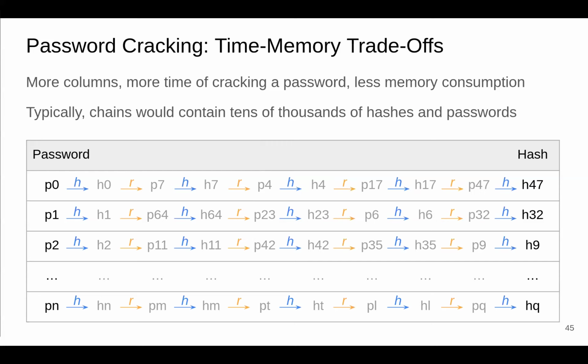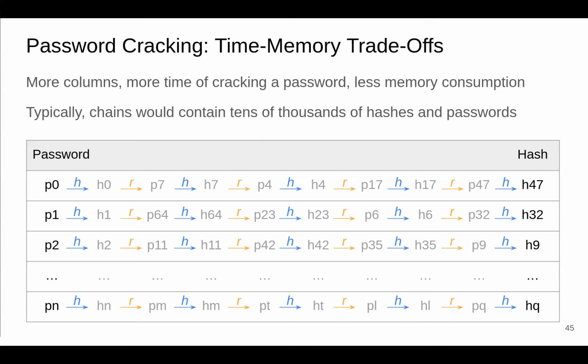If you're looking for any of the passwords here in this chain, which are not stored, right, because we're doing a time memory trade-off, you do reduce, hash, reduce, hash, reduce, hash, reduce, hash until you have a hit. Like reduce, hash, lookup, reduce, hash, lookup, reduce, hash, lookup until you have a hit. And when you have a hit, you're good, right?